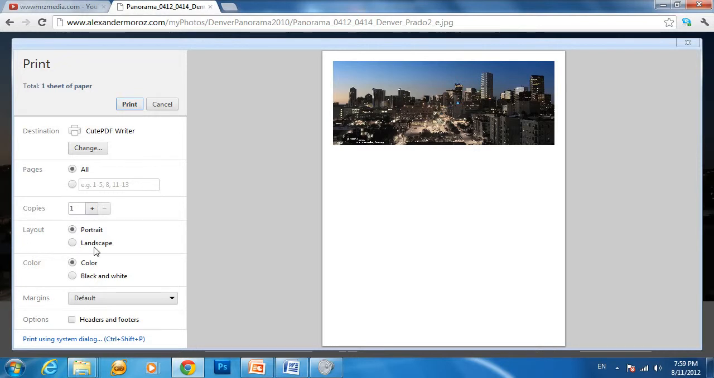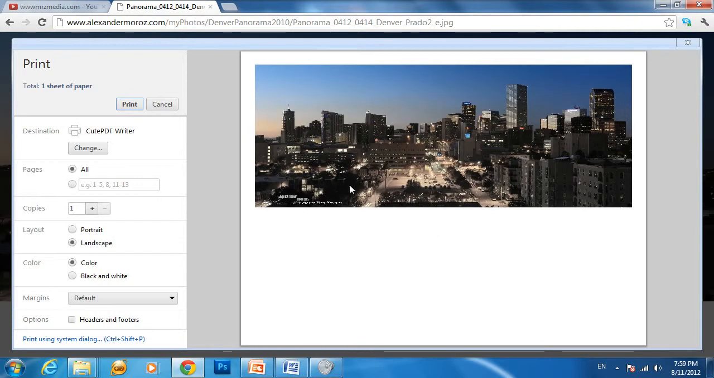Then you will have to play with some options. Default options depend on the printing features of your third-party software. Layout, you can go landscape. Okay, you can go black and white or color in this particular